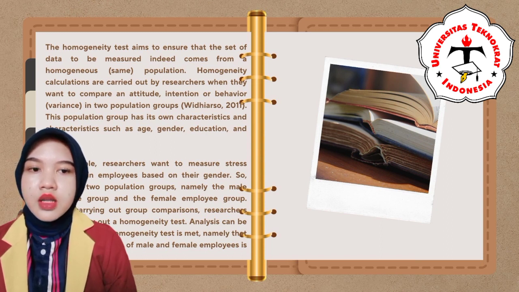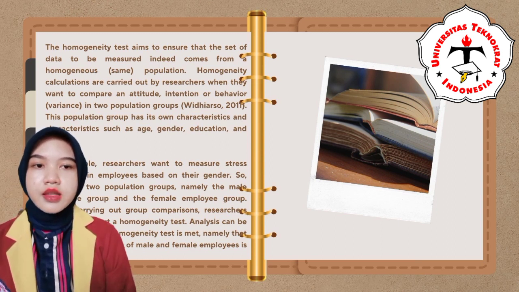For example, researchers want to measure stress in employees based on their gender. So there are two population groups, namely the male employee group and the female employee group. Before carrying out group comparison, researchers need to carry out a homogeneity test. Analysis can be carried out if the homogeneity test is met, namely that the entire population of male and female